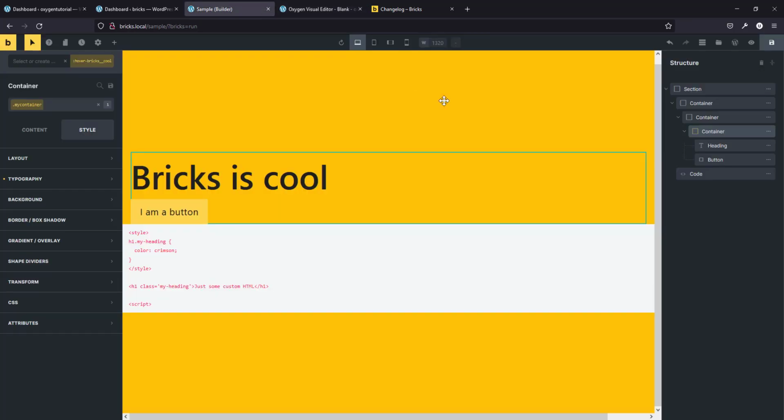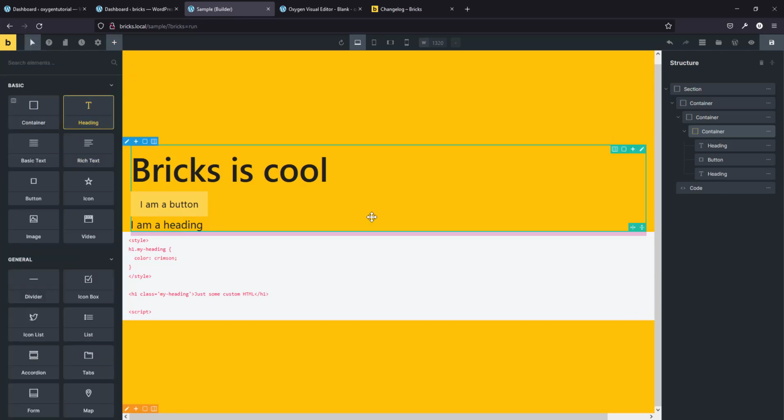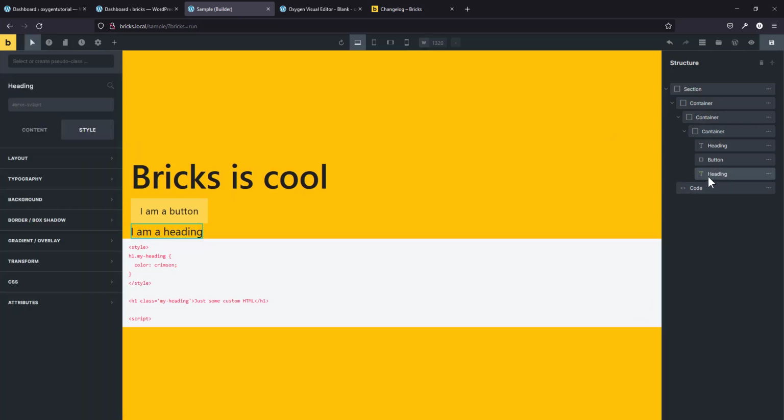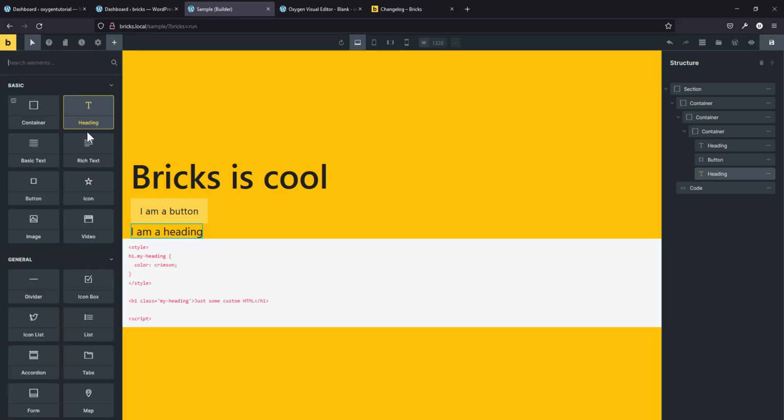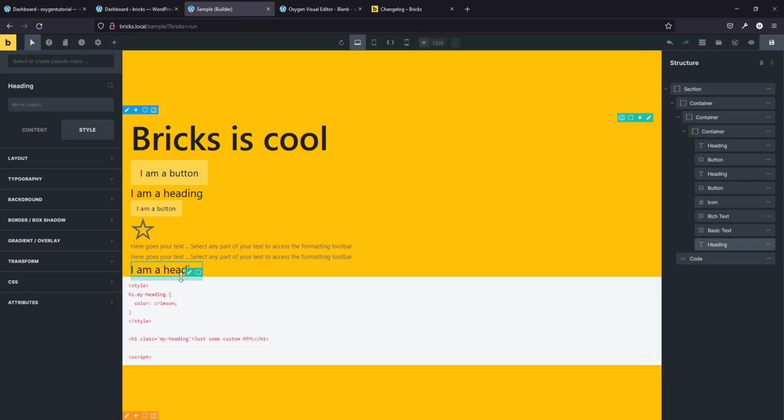Now in Bricks it is not so. If I added a heading there, of course I have to go back to select it, which in a way might be a good thing, because sometimes you want to add multiple elements on a page. In Oxygen you will have to go back and forth. This is a good thing in itself, but in some cases not so good. I believe both builders should have the opportunity, I mean the preference, for different people to choose which